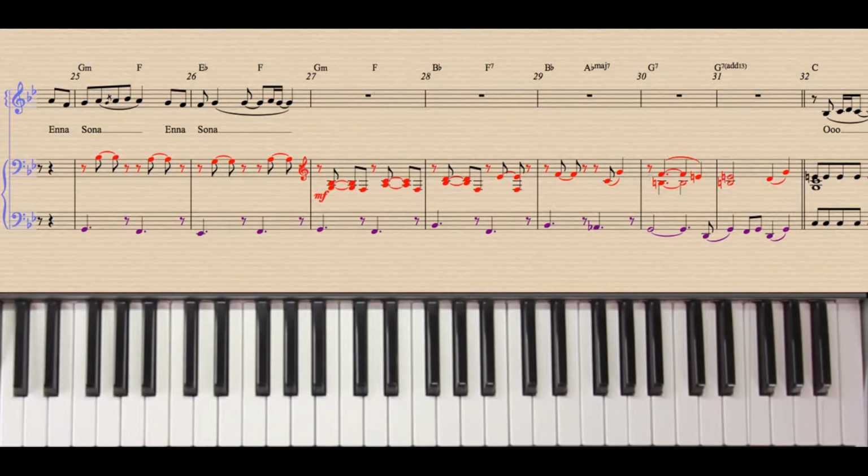The chorus extension runs from bar number 25 to bar number 31. So that's 7 bars. And you can see bar number 25 and bar number 26 are exactly identical to how we play the enna-sona chorus. Let's just remind ourselves how that sounds. 5, 6, 7, and...